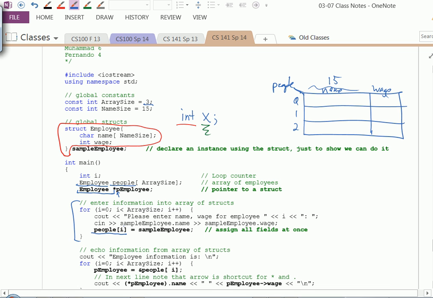Here we're using a sample employee first and reading into this sample employee. And then we see that we can do an assignment all at once of an entire struct at a time. So we have sample employee, which was declared up above here, and we use sample employee,